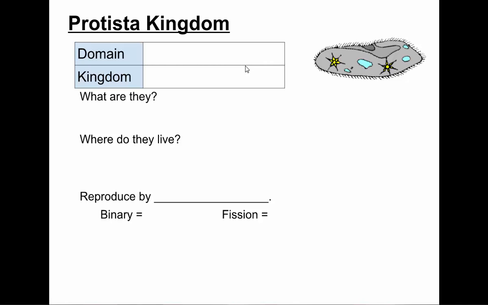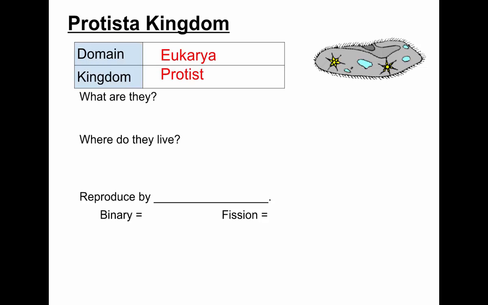So there's, what? No, that's a kingdom. Eukarya. They're in domain Eukarya because they are eukaryotes. They have a nucleus in their cells. They have more complex cells. Within that, their kingdom is Protista, or protist, with Protista being the Latin name for it.